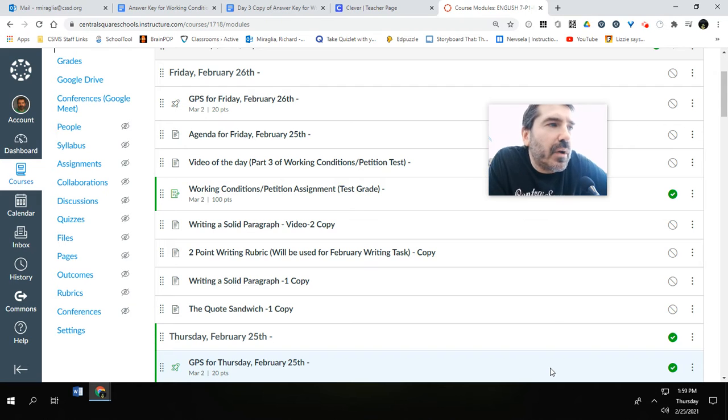There is the actual working conditions petition assignment, which you should have 2 of the 3 parts already completed. Those would be 2 charts. There are several items that can help you write a solid paragraph. There is a video, there is a rubric, there is a page, writing a solid paragraph, that you can read and listen to, and there is the quote sandwich. Let us look at the